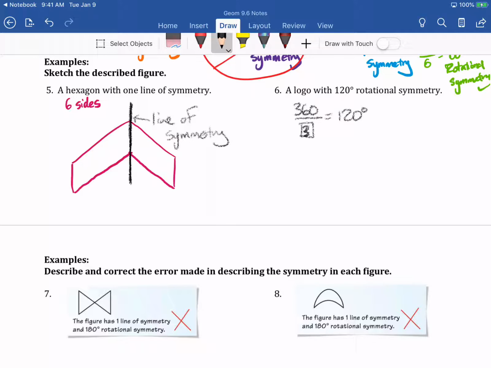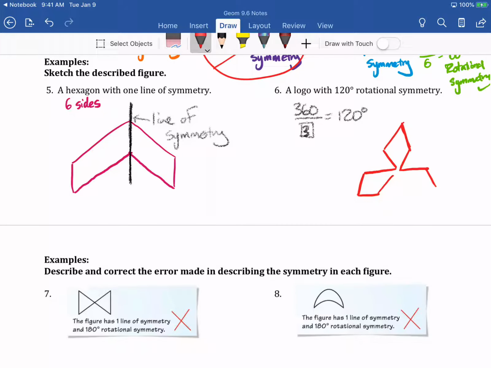So that means it's going to have, I could think of a logo that has 3 lines of symmetry. And I'm going to do my best to draw this here. You might start to notice what symbol I'm drawing once I get going here. So it's like that, and then it's got this, and I am no artist here, so if your picture doesn't look perfect, hey, guess what, we're kind of in the same boat here,